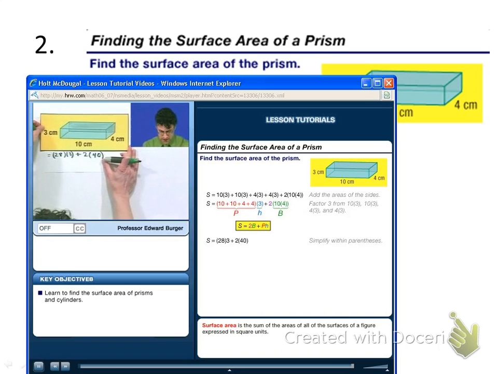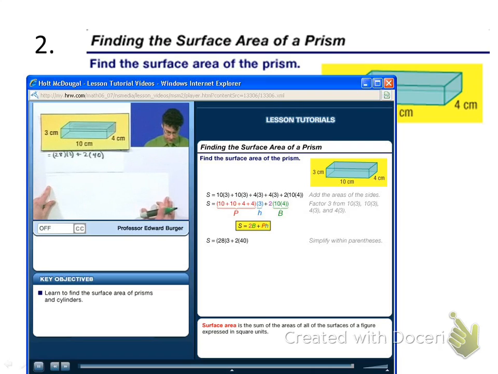what I see here is the surface area equals 28 times 3, which is... 28 times 3 is, don't tell me, ends in a 9. Don't tell me. 84, everyone calm down. Oh my God. And then, of course, 2 times 40 is 80. So if you add these up, we see